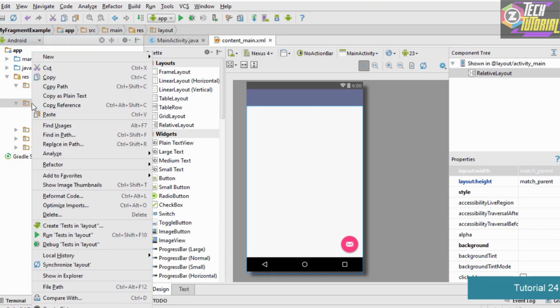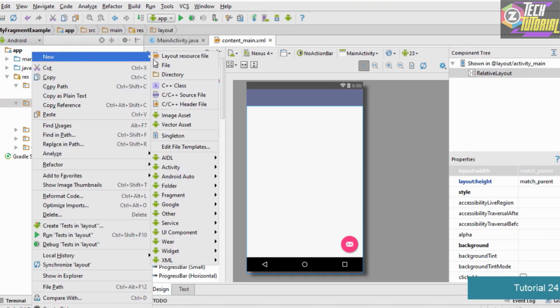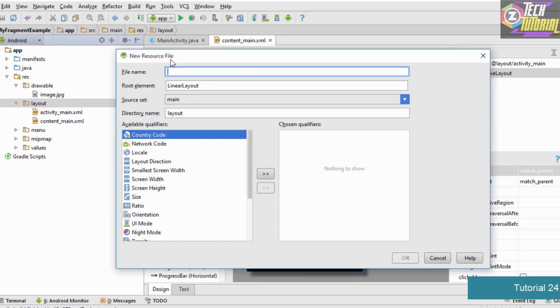So we simply right click on this layout folder, go to new and click on layout resource file. When we click on that option, it pops up a window and we need to enter the file name. In this case, we are going to design the top section fragment, so we will name it top section fragment.